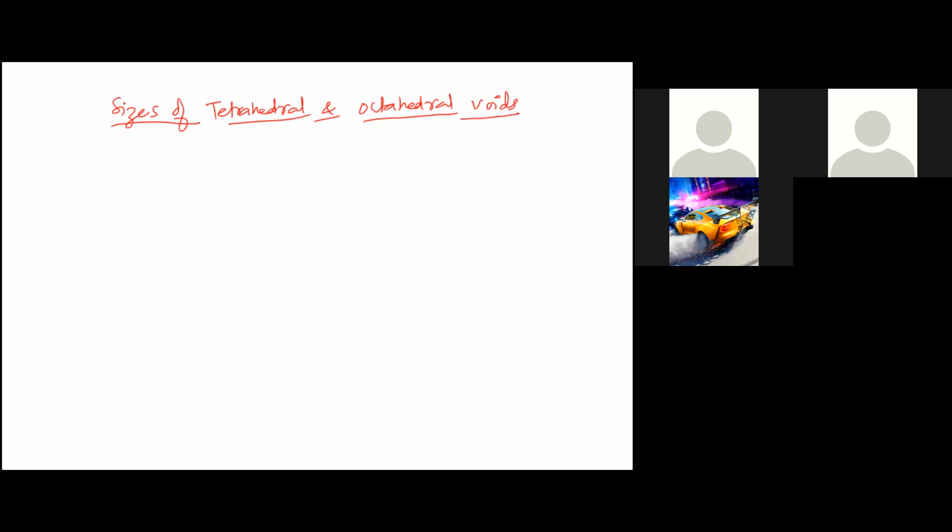Just now I have given you the radius for the octahedral, 0.414, and for the tetrahedral. We are right now just deriving them. This will be there for your theoretical exams like the subjective exams and also your competitive exams surely. So we're now trying to derive the relationship between